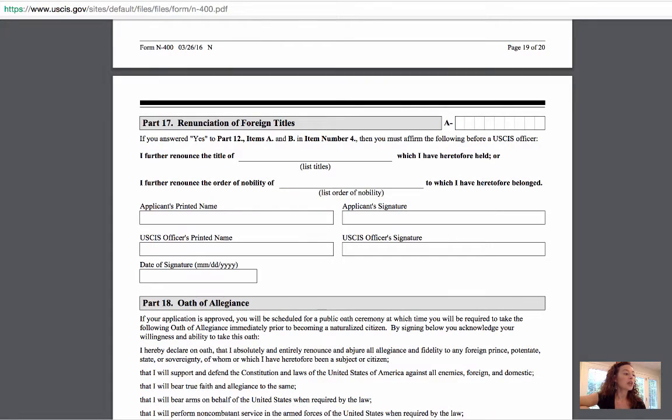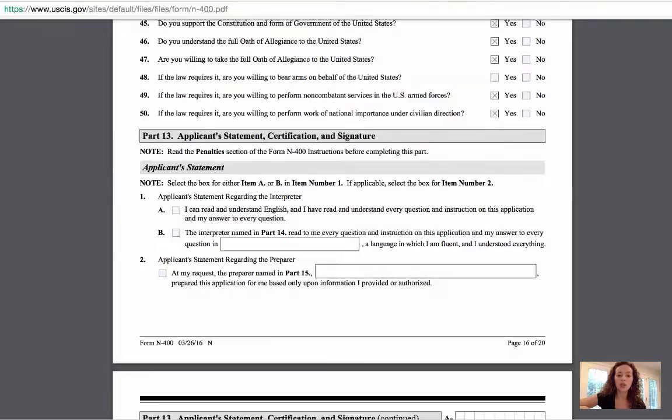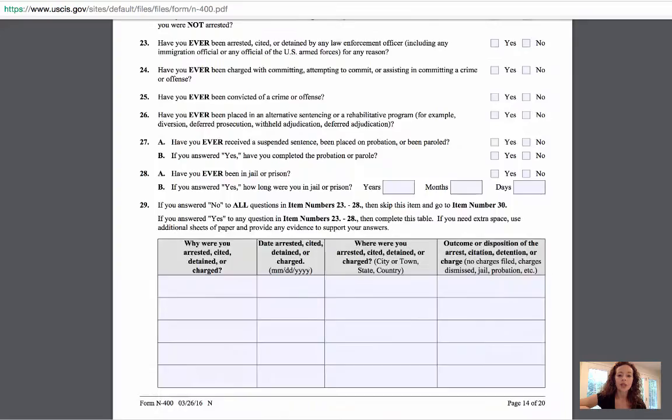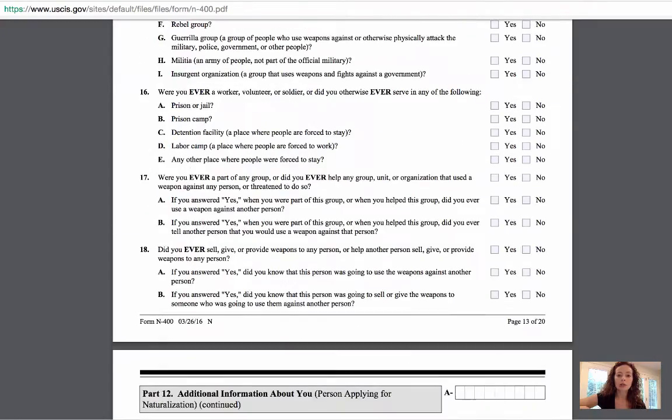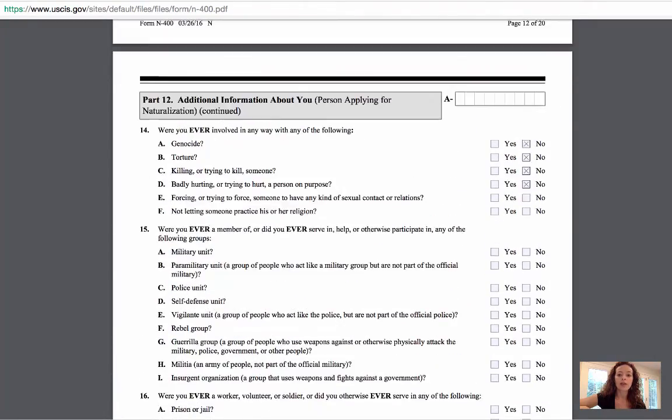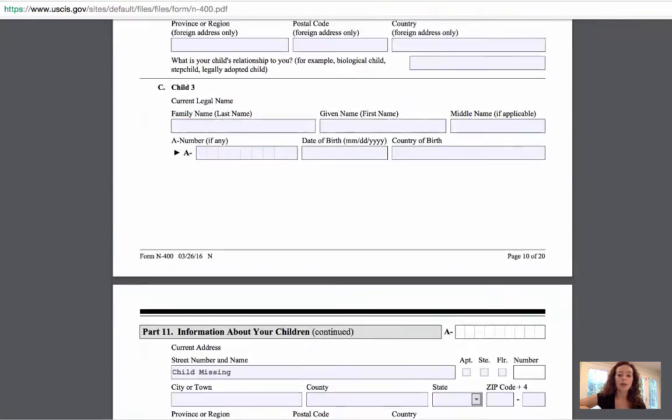Okay, most people, and this is the renunciation of foreign titles. Most people do not have a foreign hereditary title or order of nobility. Imagine that. This part will apply only if you answered yes to Part 12, items A and B in item number 4. That's a bit confusing, but if you look back here on page, I think it was page like 11, all the way back up here